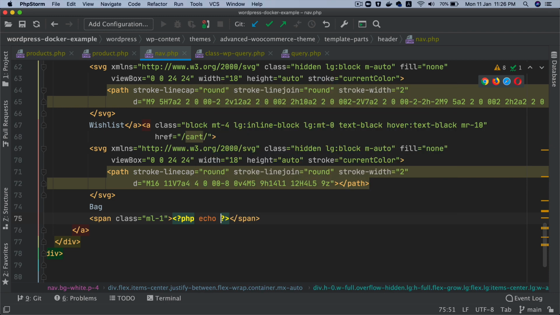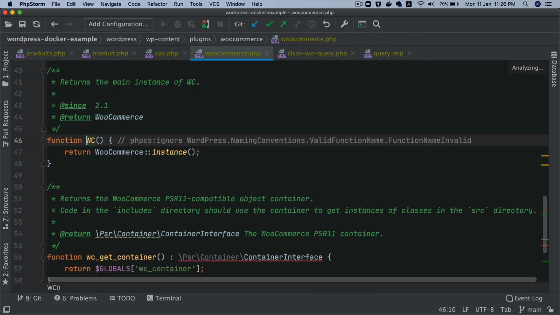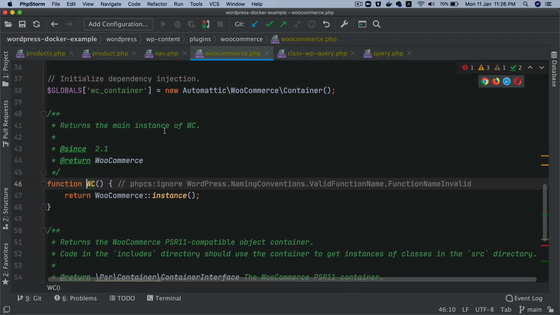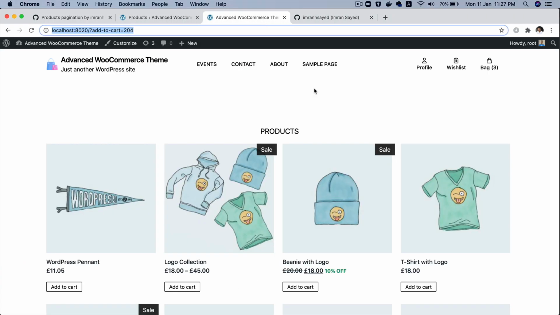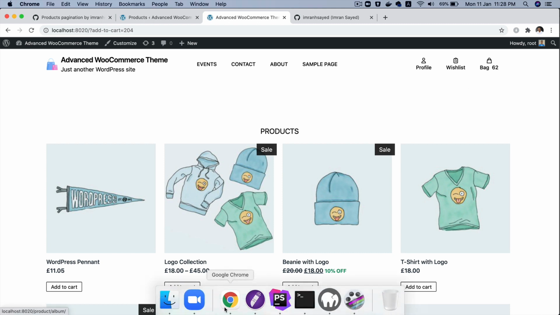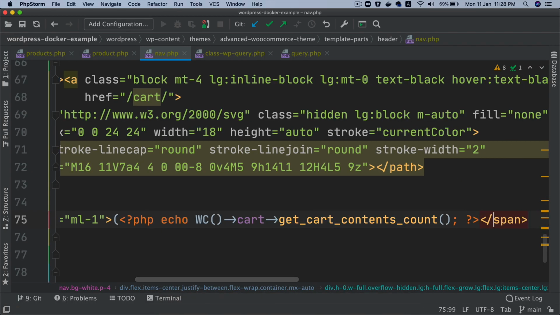I'm going to say echo, and then WC. So look at this WC. What is this WC? It returns the main instance of WooCommerce, which is what we're doing. It's going to get the cart, okay, and then it's going to access the function, which is get cart contents count. So now if you go and check and refresh, you see that there are 62 of them. I had added some of the products before, that's why it's showing 62 over here, but you get the idea. You can put a bracket over here,